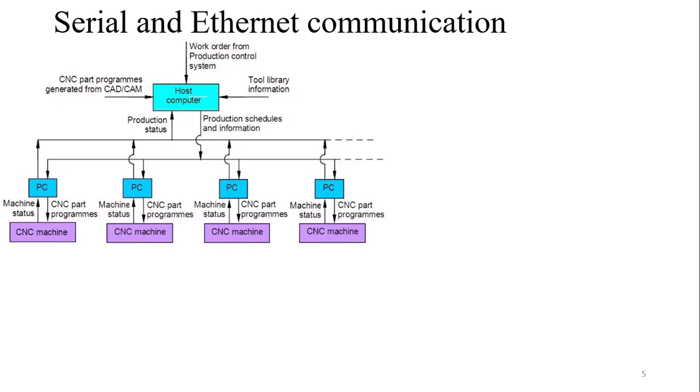This is the image for serial communication, in which you can see there is a host computer. This host computer is connected to the main server. All your PCs or CNC machines are connected to the main host computer with two wires. One wire is for input, the other wire is for output. Here you can connect n number of machines to this main computer. There is one data cable which takes the data from the PC, and another connects it to all the PCs. So this is serial communication.